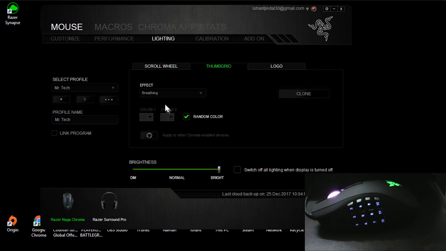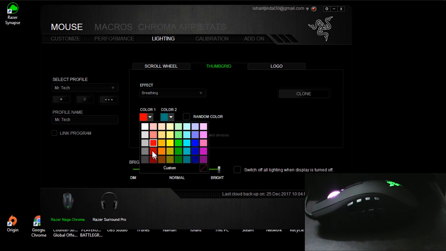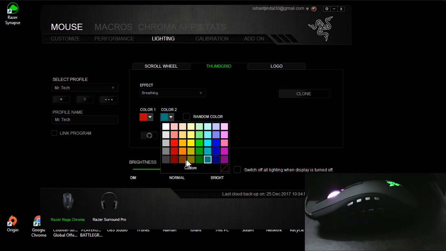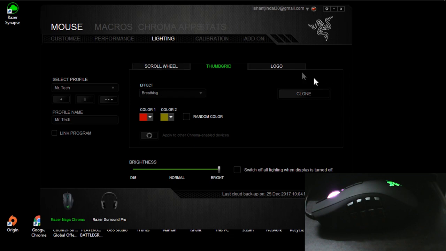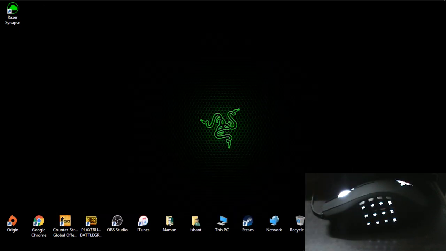What it will do is, you set up something in thumb grid or scroll wheel, like you set something cool, and you want that function to be copied in scroll wheel and logo also. You don't want to go to scroll wheel and edit one by one. You just clone it up and it will clone to the logo and the scroll wheel automatically. It works with every effect. You just have to clone it up, and it clones up to all the